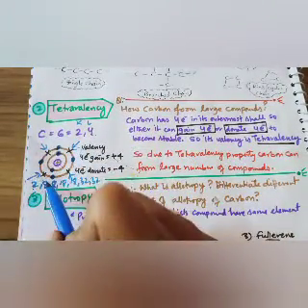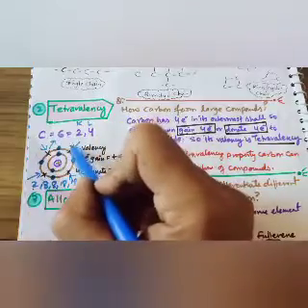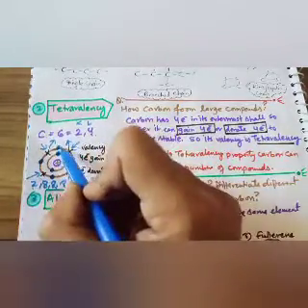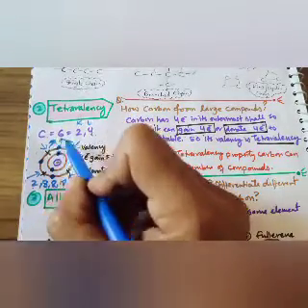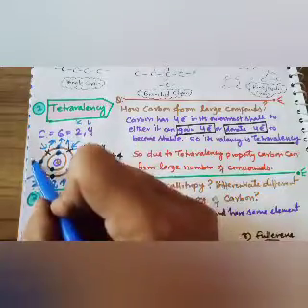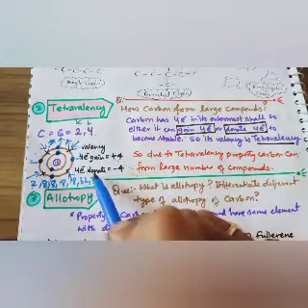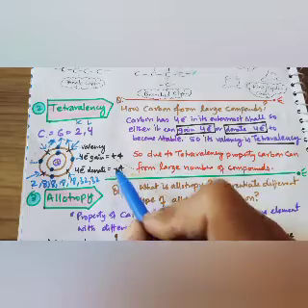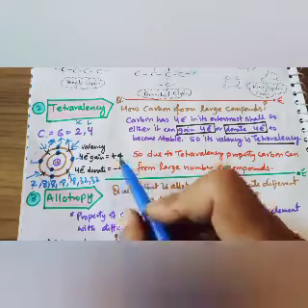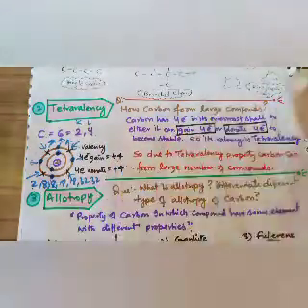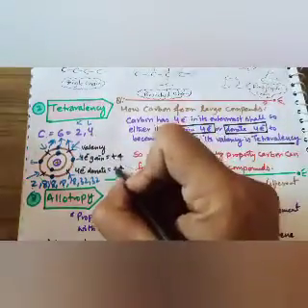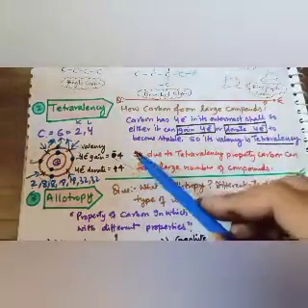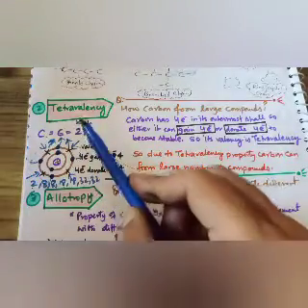This is the second option. It will lose these 4 electrons, and these 4 electrons will be donated. At that point, it will get plus 4. A little bit of correction: this is plus 4 and this is minus 4. So negative 4 and positive 4 are the 2 types of valency of carbon. Carbon is the only element which has both types of valency.